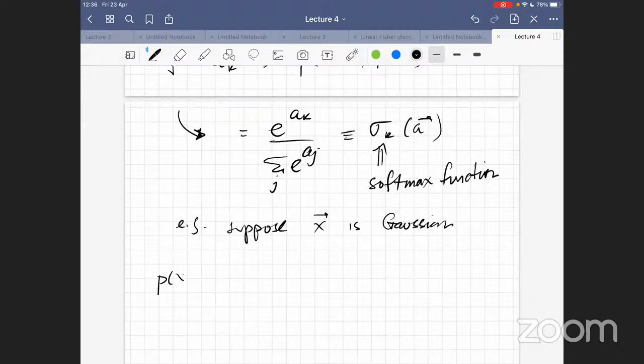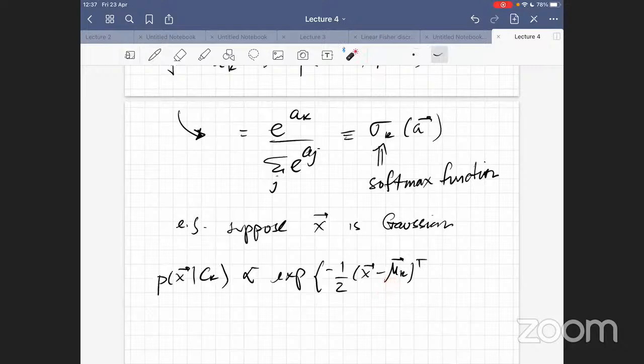So then I write the probability of a multivariate Gaussian, because I am in D dimensions in general. I am just writing here the exponent part. This is, remember, proportional to the exponent of x minus mu_k, and this is the mean associated to the class k,